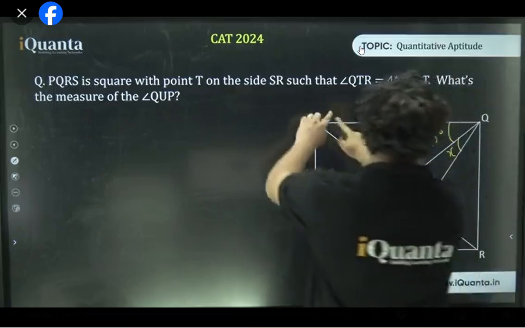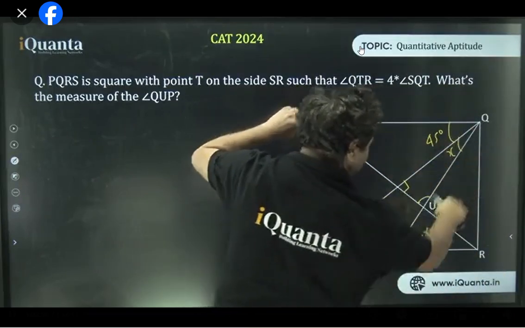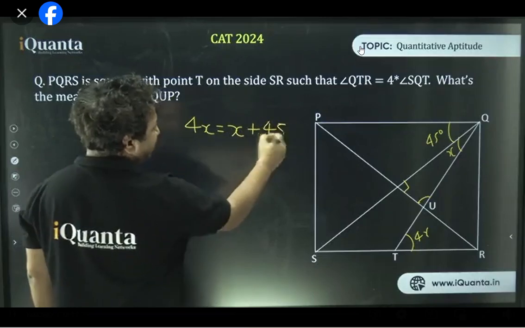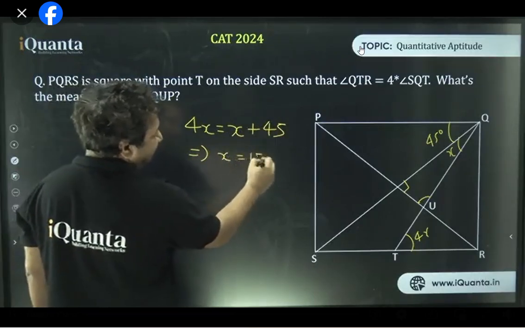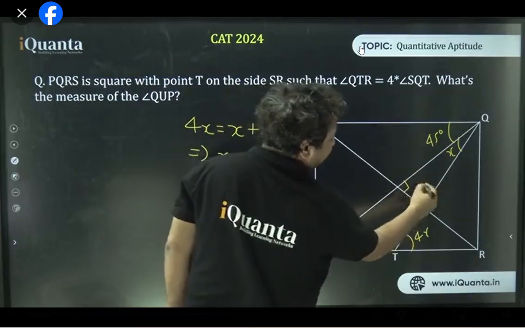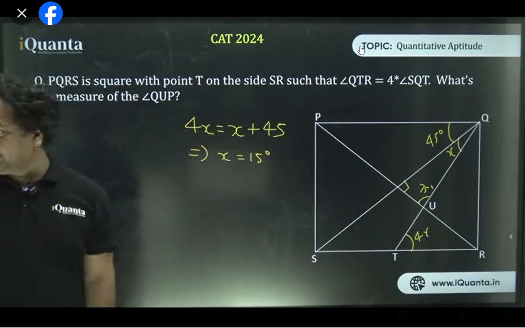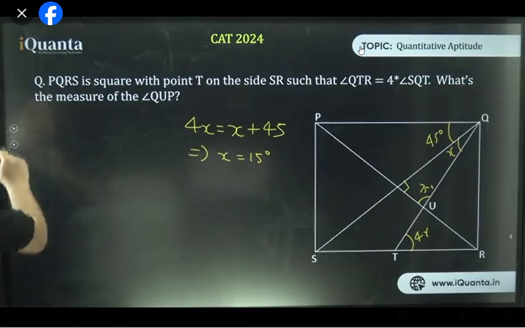So P, Q, T, R. 45 plus x and 4x are alternate angles. In the first class, remember that. Parallel lines में ऐसा होता है. So x, if you solve it, x will be 15 degrees. 15 plus 90 is 105. Remaining one is 75, because this is a triangle and the sum of the angles of a triangle is 180. समझ गया ना? Okay, perfect. Let's do the next one.